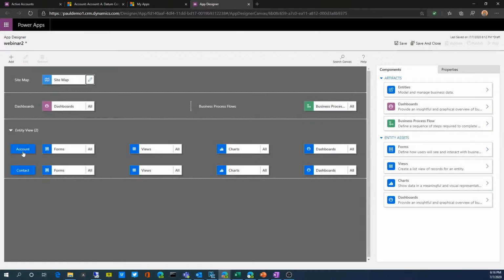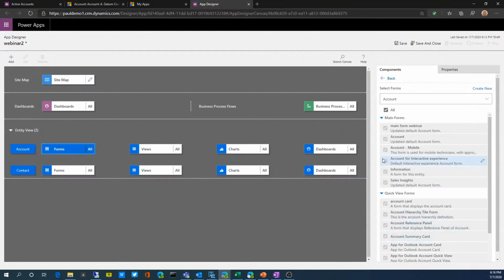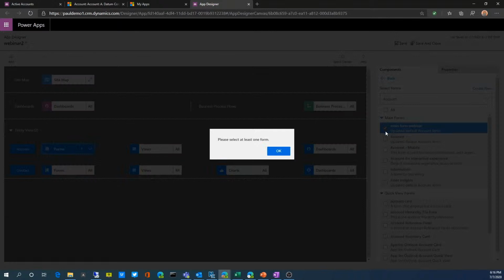So you'll notice that it automatically added accounts and contacts in here. Now I have forms, views, charts, and dashboards related. I'm seeing all forms, but I could restrict this specific app to only have certain forms viewable. So I could say instead, if I just want our main